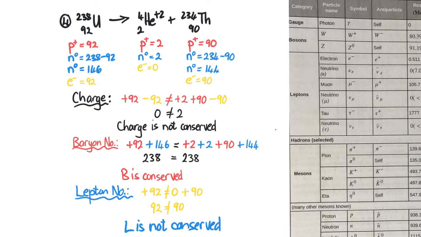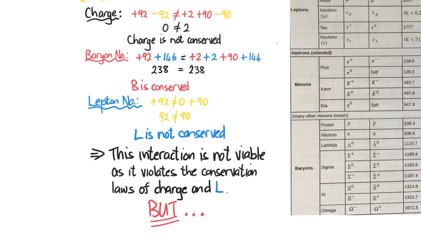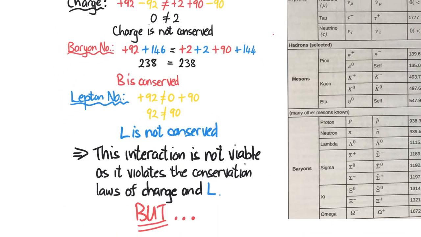And so we get 92 electrons on the left. We get 0 electrons in the helium nucleus, and we get 90 in the thorium. 92 does not equal 90, so the lepton number is not conserved. So this interaction is not viable as we see it at present, because it violates the conservation laws of charge and the lepton number. But